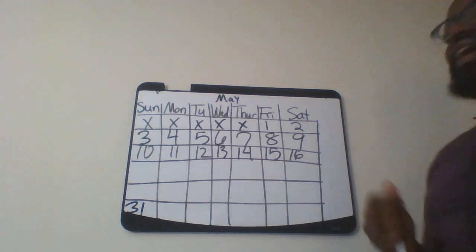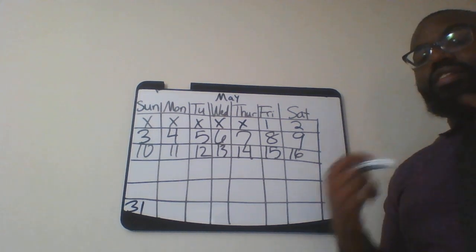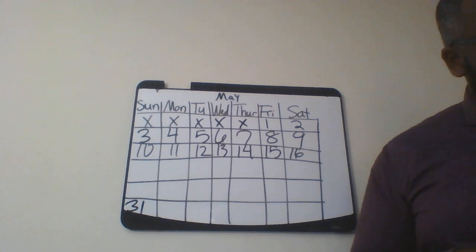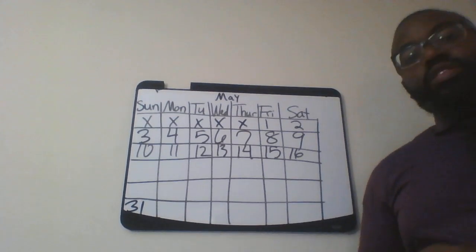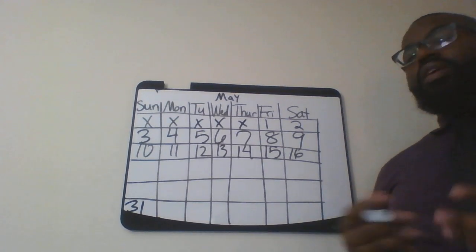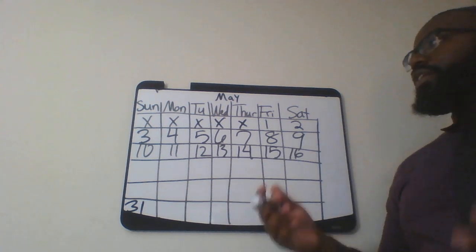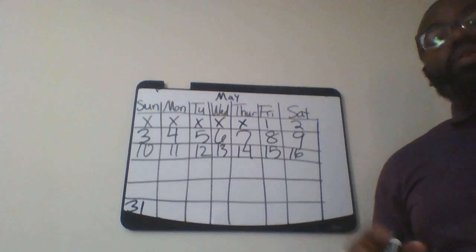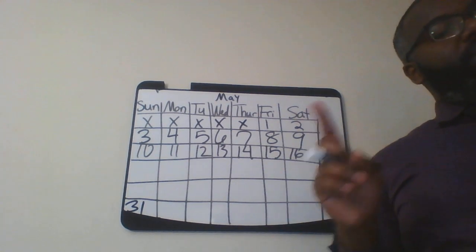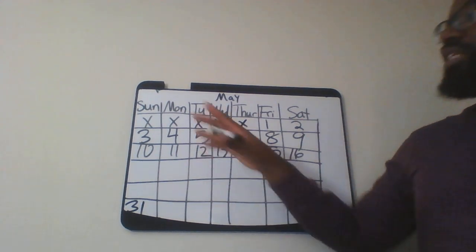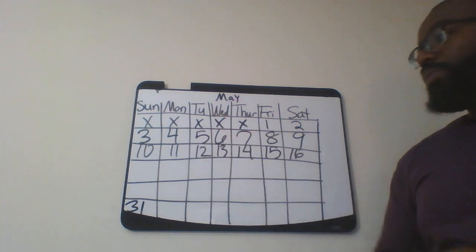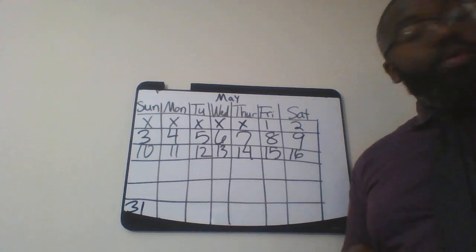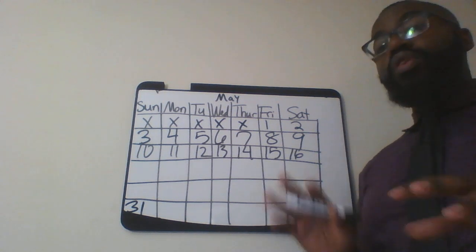Next, it says, what is today's date? You should know what today's date is, because we're writing down our assignments. You'll write that down. The last, what day of the week is it today? So simply look at the calendar. Is it Sunday, Monday, Tuesday, Wednesday, Thursday, Friday, or Saturday? You're going to write that down. But also, I forgot to add, when we complete the calendar, any blank spaces you will color purple. Okay? So any blank spaces left on that calendar, you'll color that